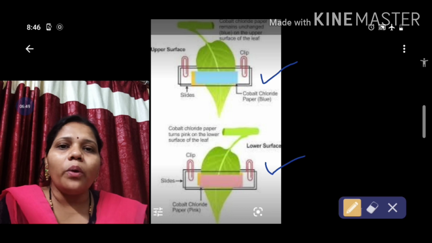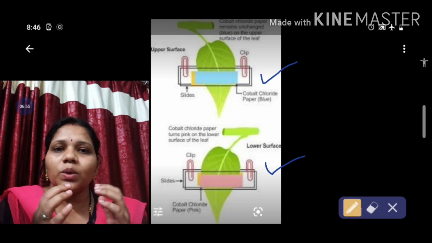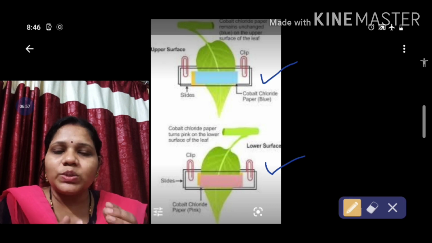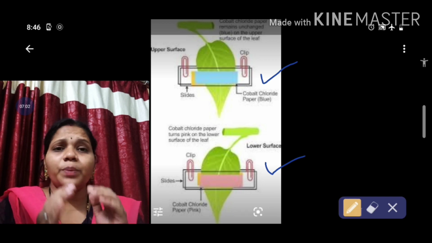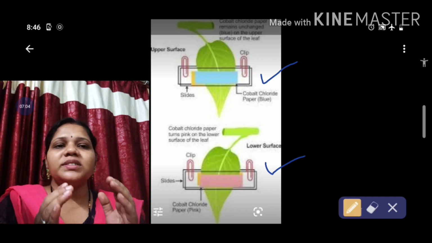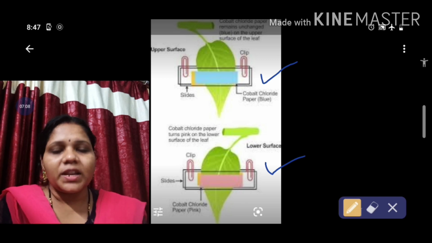So how does it turn pink? Because on the lower surface of the leaf, water vapors are present. That's why it turns pink in color. So here it proves that on the lower surface of the leaf, the stomata are generally present. Next,